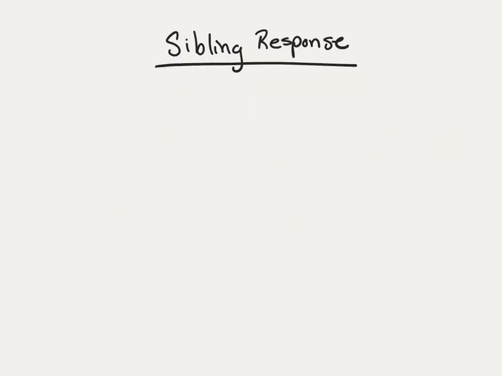The sibling response to a chronic illness is, of course, also dependent on the developmental stage of the sibling and what kind of age difference there is between them and the affected child. But we do know that there are some common patterns, especially for young children who are fairly close in age to the affected child. So one thing is that the imagination can run wild and exaggerate the extent of the condition, especially with younger children